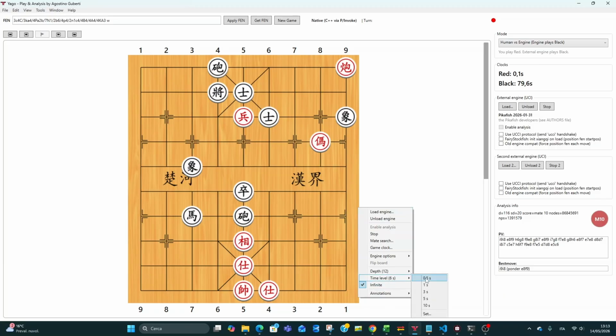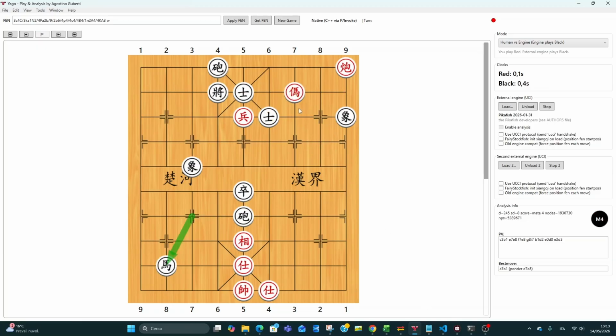For example, let's say 10 seconds. Okay, and now you play, and the engine, look, now I had before a checkmate in 10, but now with this move, which is not a good move, the correct move, now is the engine that gives me a checkmate in 4 moves. So you can practice your end games or middle game or opening skills against the engine, but you have to remember that you have to put not infinite, otherwise the engine will never answer you,